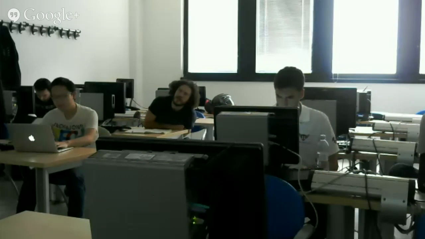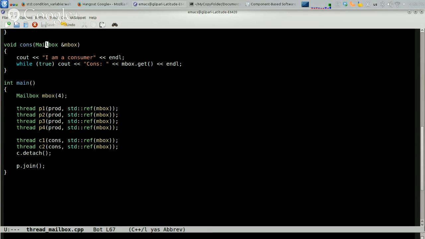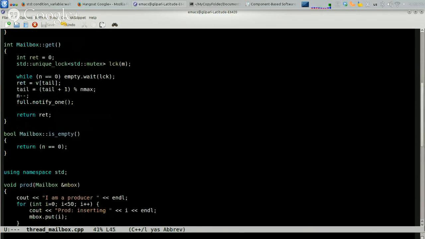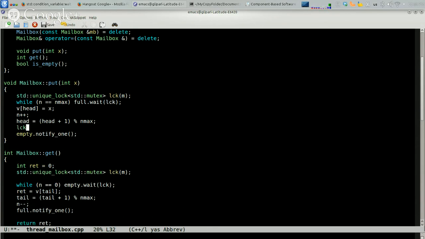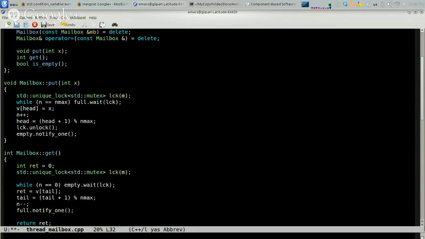Is it possible to notify after the unlock? Yes, it is, but you are not sure what is going to happen. So even if you notify after the unlock, you are not completely sure that the effect is what you expect. Of course, you can unlock it and then notify. Yes, you can do, but nothing really changes for this problem, because